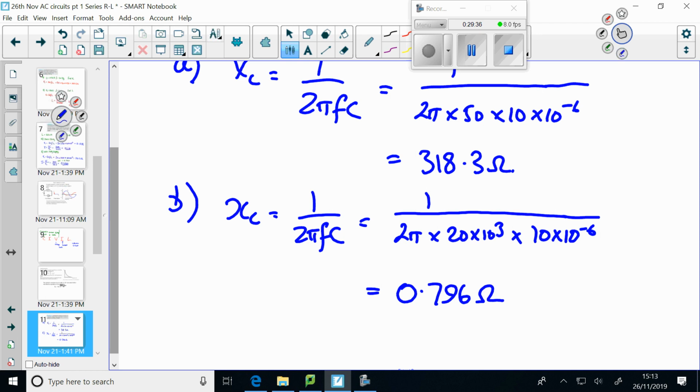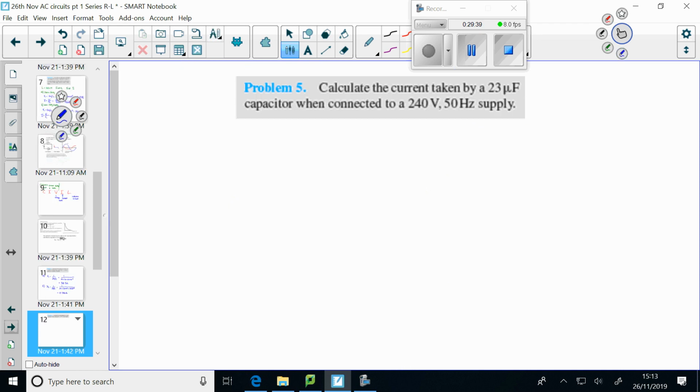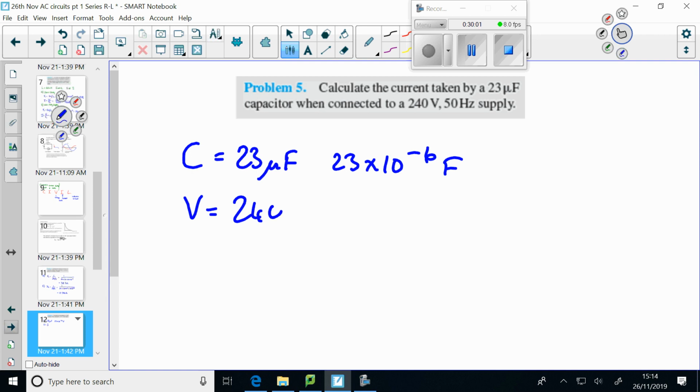Second question. We've got a capacitance value of 23 microfarads. That's 23 times 10 to the minus 6 farads. V is 240 volts. F is 50 hertz. Now, we can do this separately like the other question,